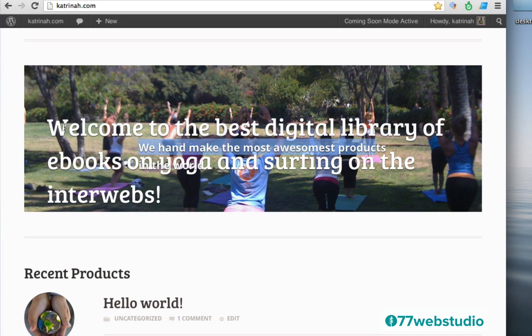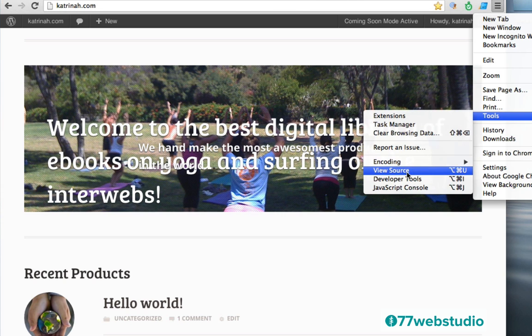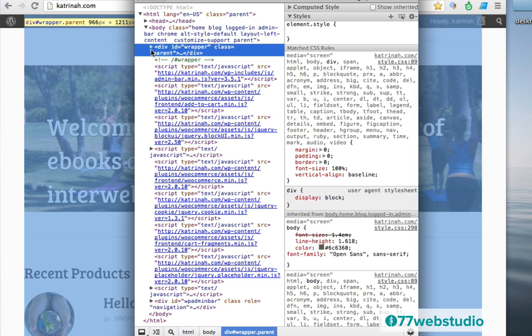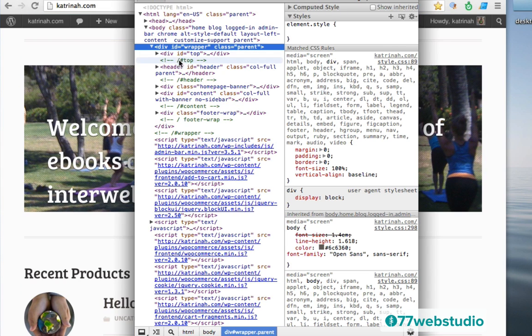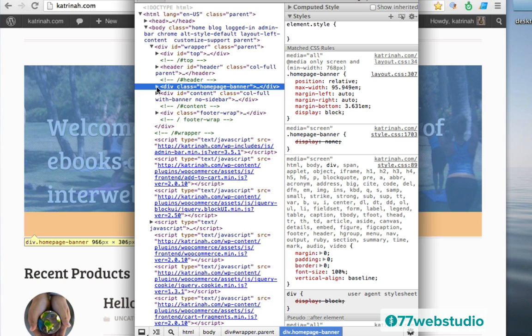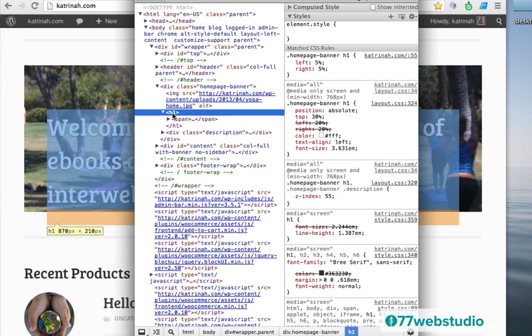So once again, I'm going to go through Inspect Elements by clicking on the three lines at the top, hovering over Tools and clicking on Developer Tools. Then I'm going to click on the wrapper, click on the marker next to the wrapper, and go straight to the home page banner and click on the marker to the left. Then I'm going to go straight to the H1 tags here.